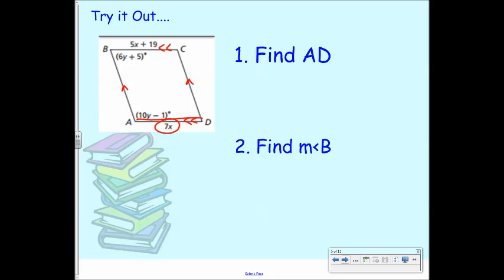AD has to be congruent to BC. Perfect, because opposite sides have to be congruent to each other. That's 6.2.1. So I can set up an equation. What equation could I set up here? 7x equals 5x plus 19. And then how would I solve that? Go ahead and move the 5x to the other side, and you end up with 2x equals 19. And then to finish that, x equals